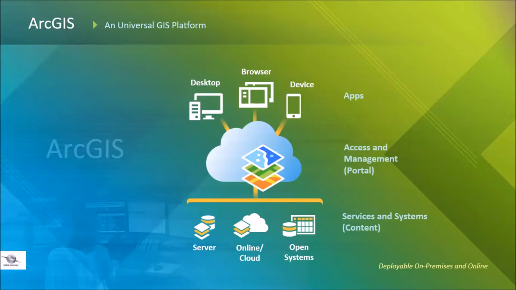So ArcGIS, a Universal GIS platform. Various persons work with geographic information through maps, not just printed maps, but online interactive maps that provide insights into an organization's information, analytical tools, key tasks, and workflows that people use every day to work more effectively. As shown in the diagram, the base of the platform is made up of maps and data hosted with cloud, server, and open systems that produce these services, which are consumed through apps.